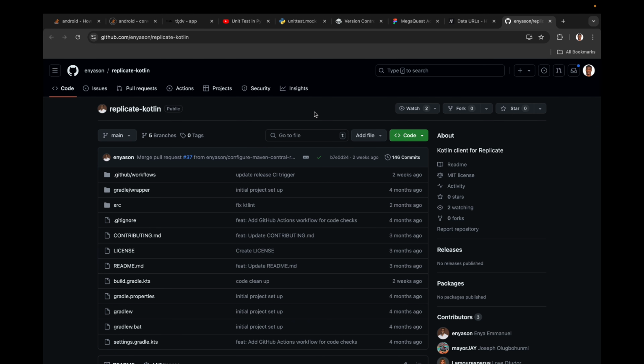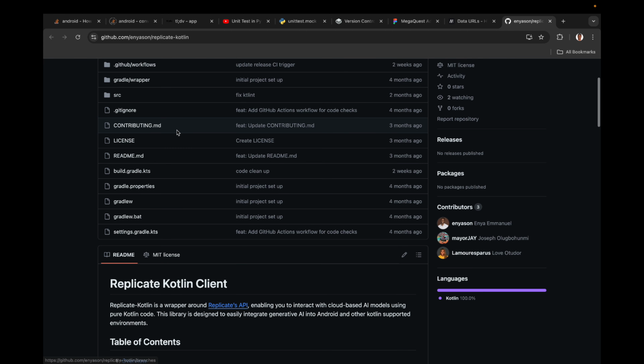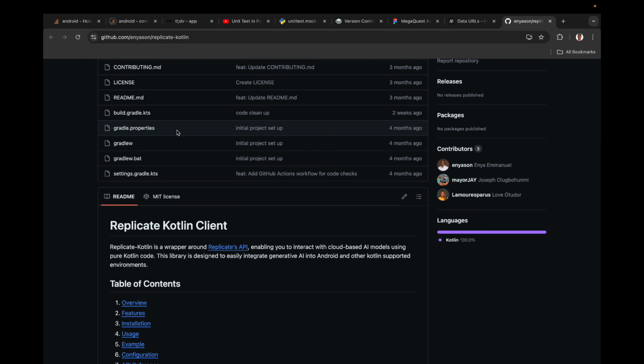I will be showing you how to integrate AI into your Kotlin project using a very simple library, Replicate-Kotlin. Now, what is Replicate-Kotlin? As you see on my screen, basically Replicate-Kotlin enables you to interact with cloud-based generative AI